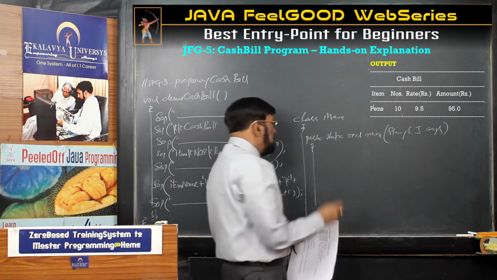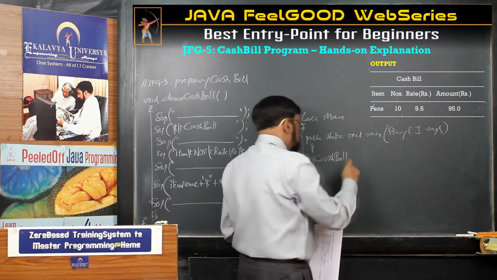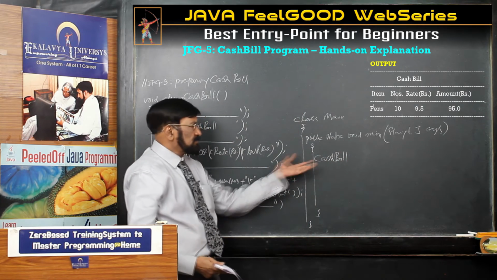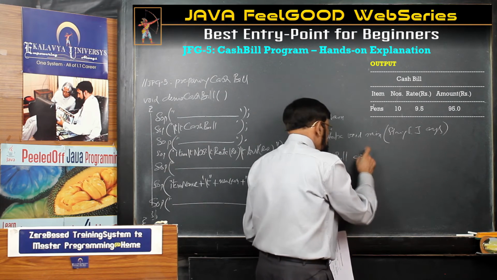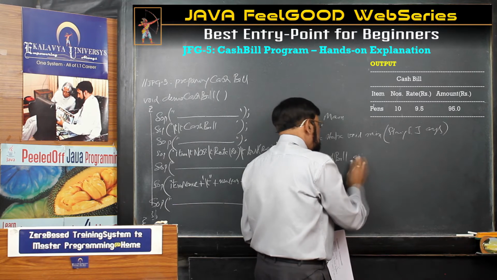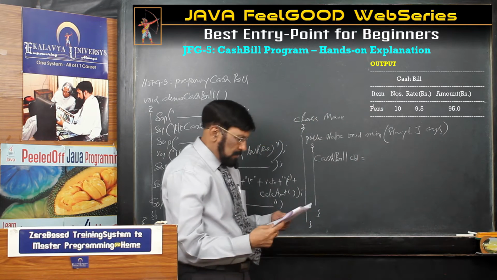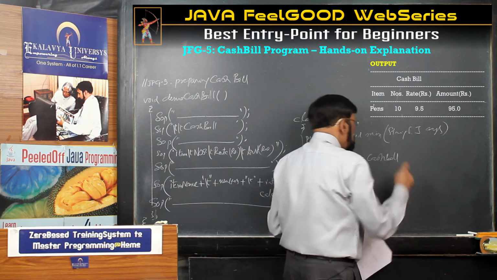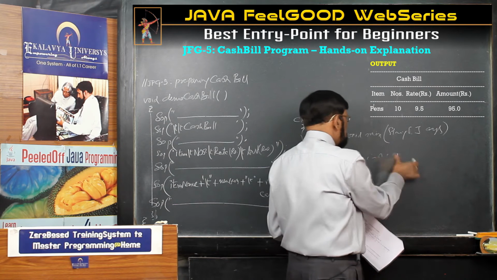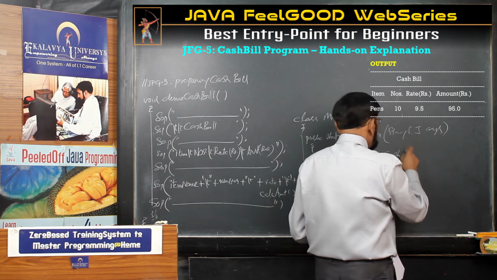Next thing. Now we have to create an object. Which object? A CashBill object, because the CashBill class is a blueprint class. That's why we have to create an object of that type. Now give an appropriate name for this, CB1. CB1 means CashBill 1. I am writing CashBill 1. Here first you have to write new. Thereafter CashBill,